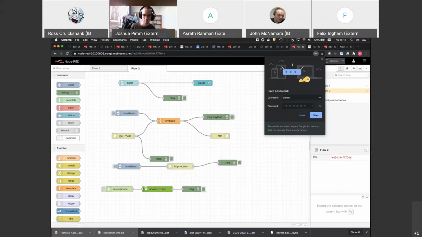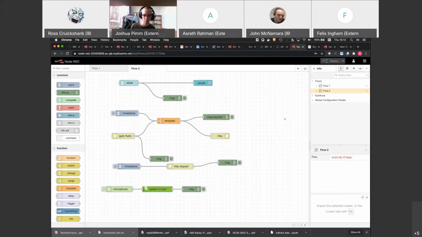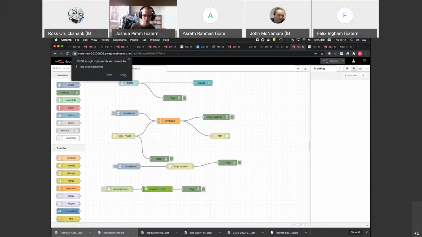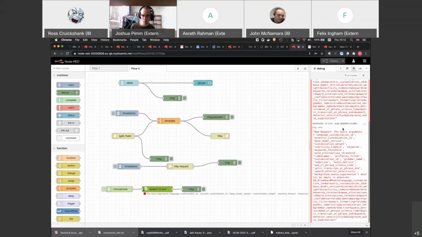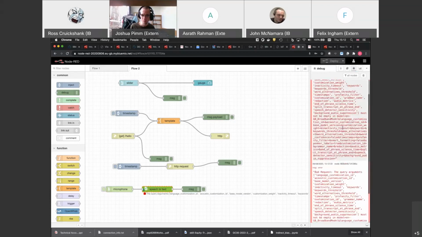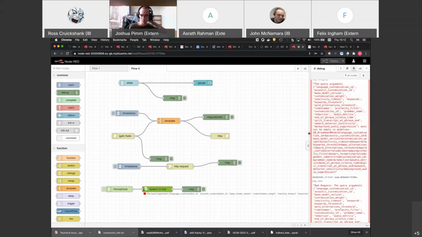Let's save the password this time. Now, if I do it, it should pop up with a microphone. Then we allow the microphone. And now it's recording, and it will record all the things I say until I press stop again. Now it sends it off, and here is the response that comes back from